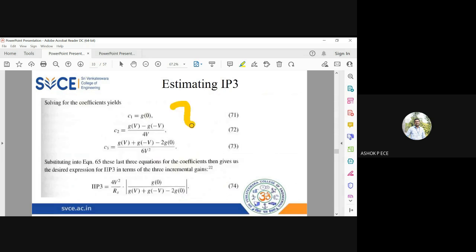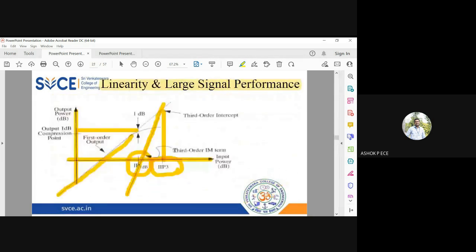See here. So this is mathematical. I am not deriving it. You can do it by yourself. It is very simple. So C1 is G of 0, C2 is G of V minus G of minus V by 4V, and C3 is G of V plus G of minus V minus 2 G of 0 by 6V square. And substituting in the IP3 expression, you know the expression for IP3 we have derived,